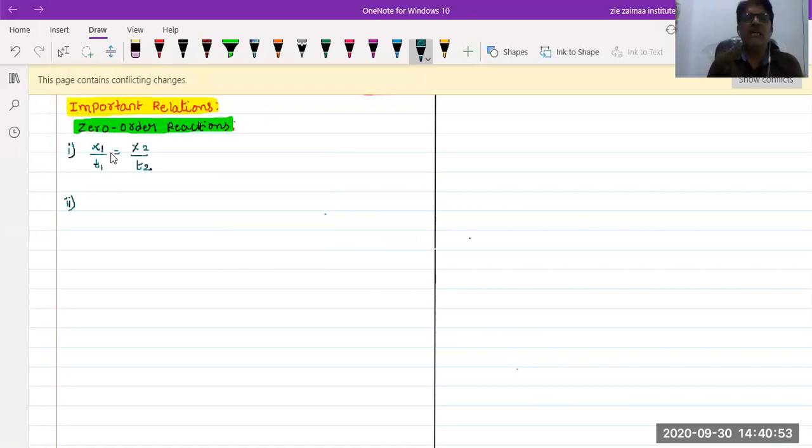Suppose in the sense of t half, we used to write T 50%. Instead of t half, if T 75% is taken, how can we write it? Very important formula. T 75% is 3 by 2 t half. T half in the sense means 50%. Next, third one.